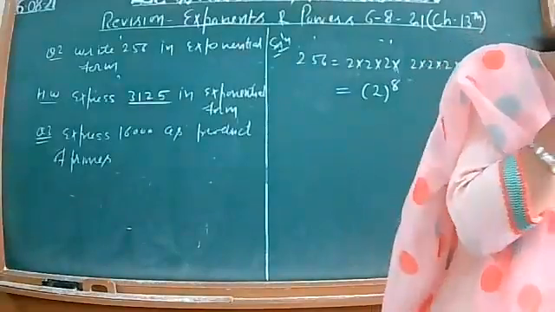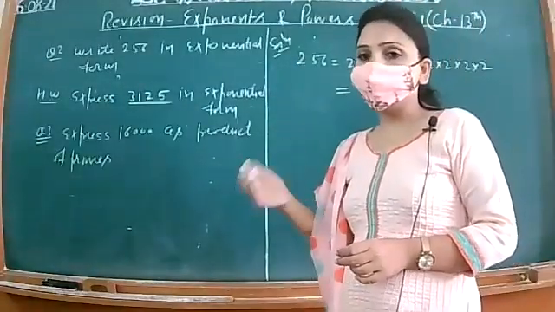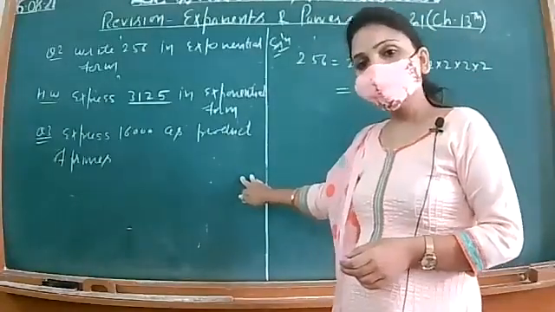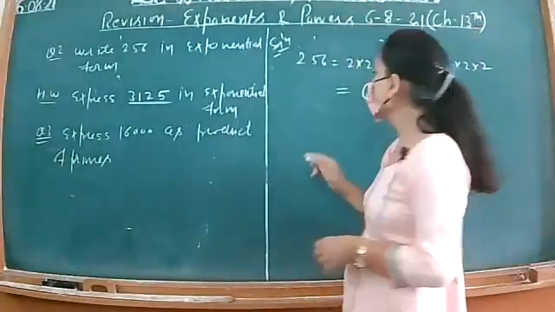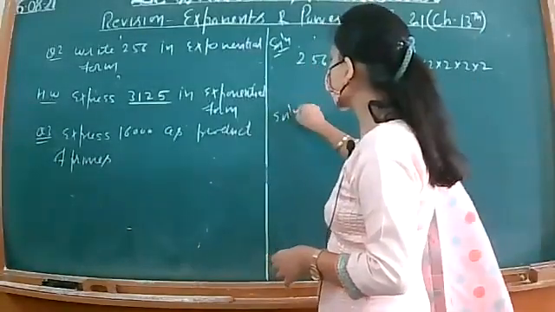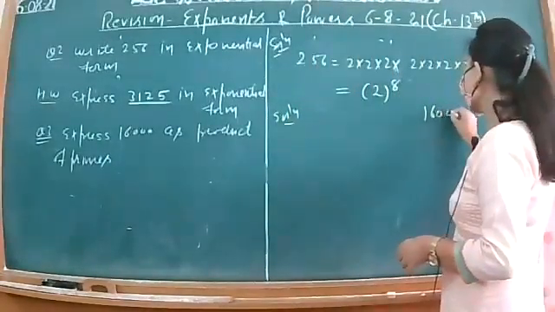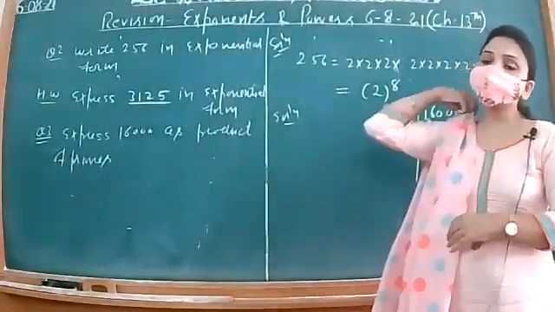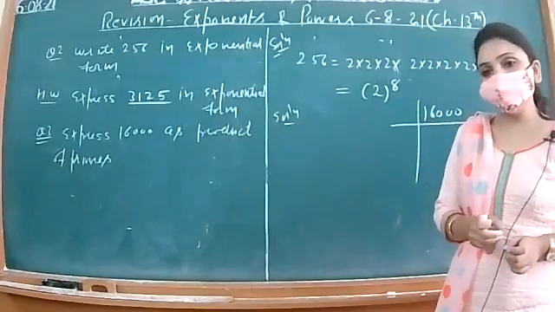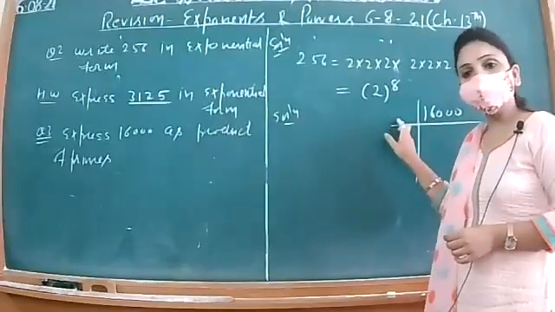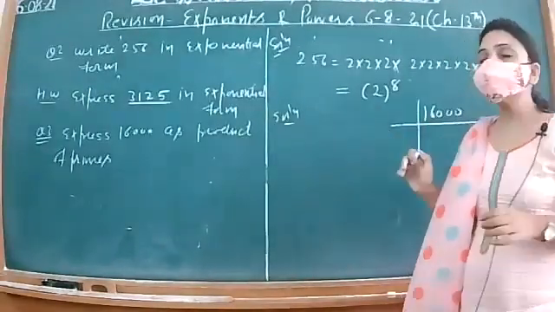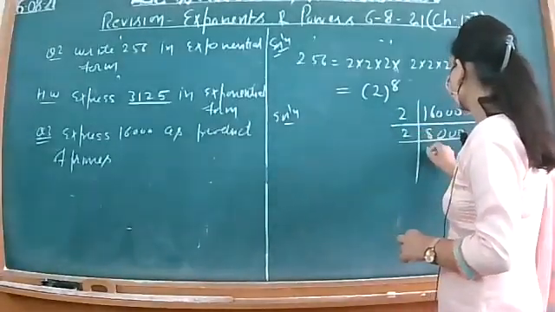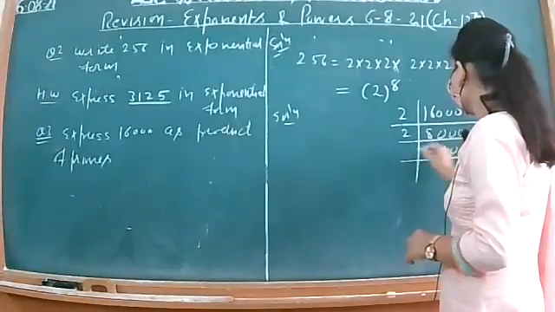When we are expressing some number as the product of prime numbers, sometimes the students, when they take the LCM, start with 8. No, that is wrong. As the number is to be expressed as a product of prime numbers, you have to take only that factor which is prime. So you will do it with 2. 2 is a prime number. Accordingly, you will do.